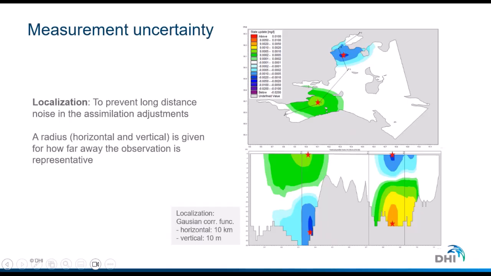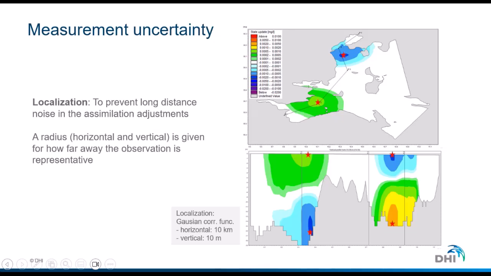Finally, we will just return to the measurement uncertainty briefly again, because before I told you that whenever we are assimilating just one data value, we will be adjusting the model all over in the model domain. And this is also true, but sometimes we see that these adjustments look more like noise instead of real natural adjustments. And to prevent that in our data assimilation, we can introduce something called localization, which is a radius that we can set to limit where the measurement leads to adjustments in our model.